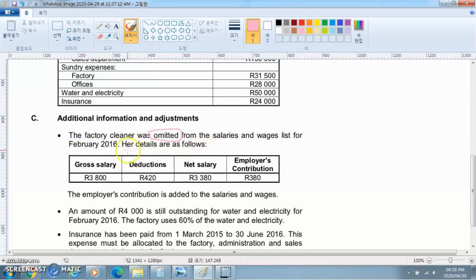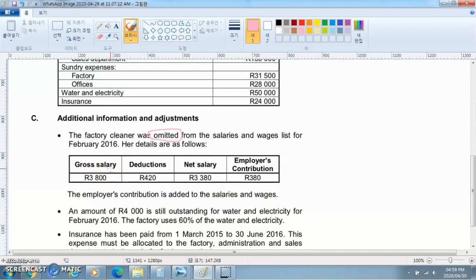So this is what we have about this person's salary that was not included in the 97,500. For what? For other factory workers. Okay, so we notice here that the other factory worker is a factory cleaner. So this person's gross salary is 3,800, right? And then also remember,